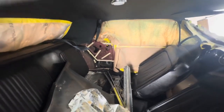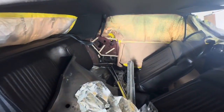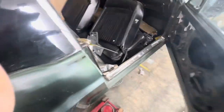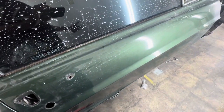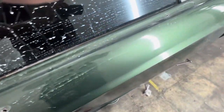The original color of the car was red, as you can see. It was candy apple red. But then it got painted this green color. This green color here. So I decided to switch it up and go the route of a... Did I paint this? Okay, I need to tape that up because I thought I got...